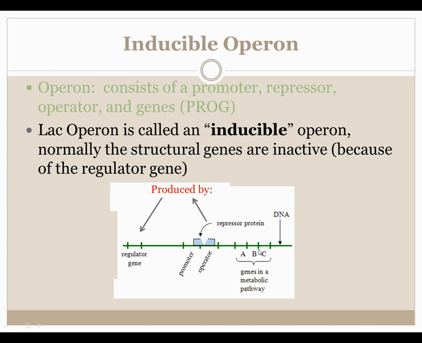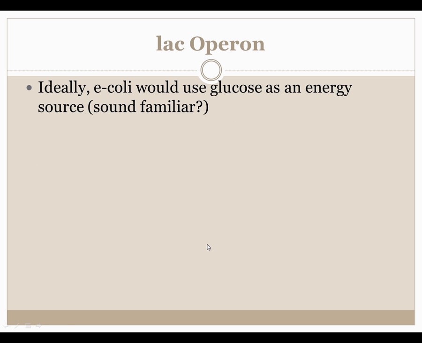So the Lac Operon is called inducible. And I'm going to come back to that concept map that I showed you. What inducible means is that normally these structural genes are inactive, and that's because this protein is blocking polymerase. Okay, so